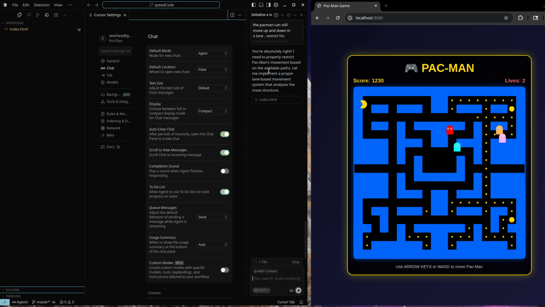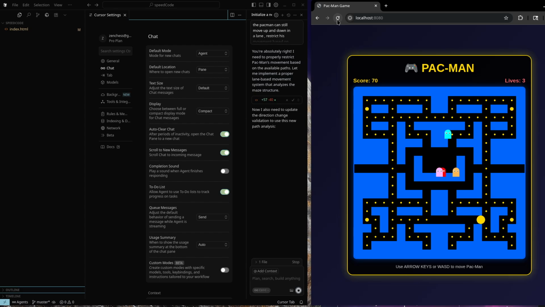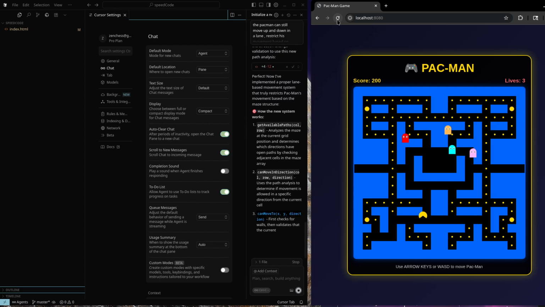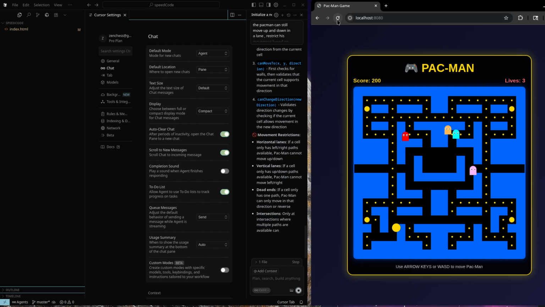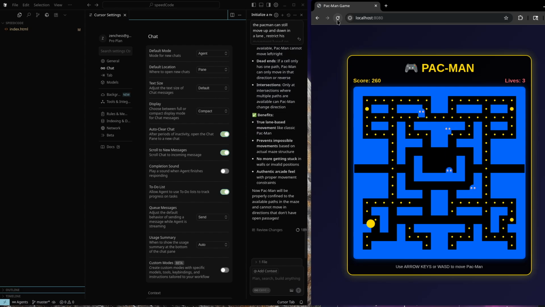So it looks like it's going to make a better change here that actually uses the lane structure, the maze structure. Okay, now it does appear to be working, although there's still kind of an issue where I'm just not really centered in the lane. It's working, but